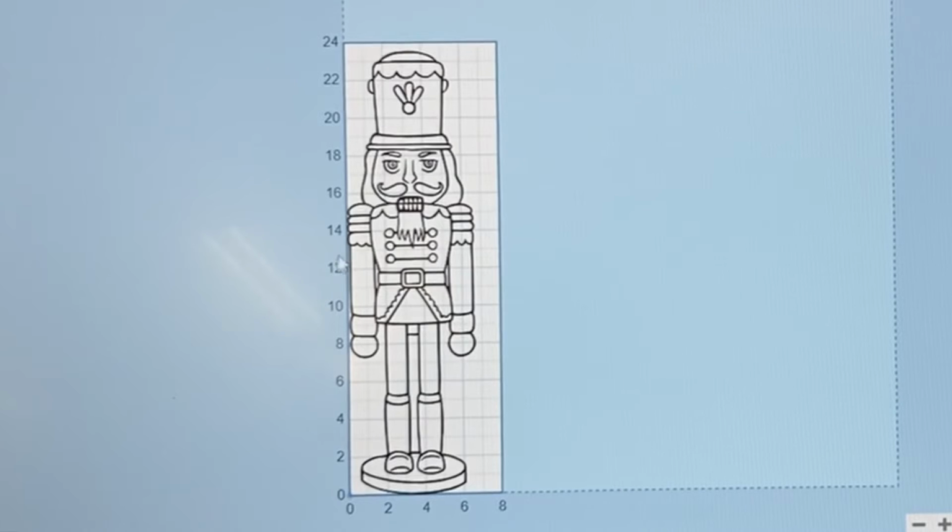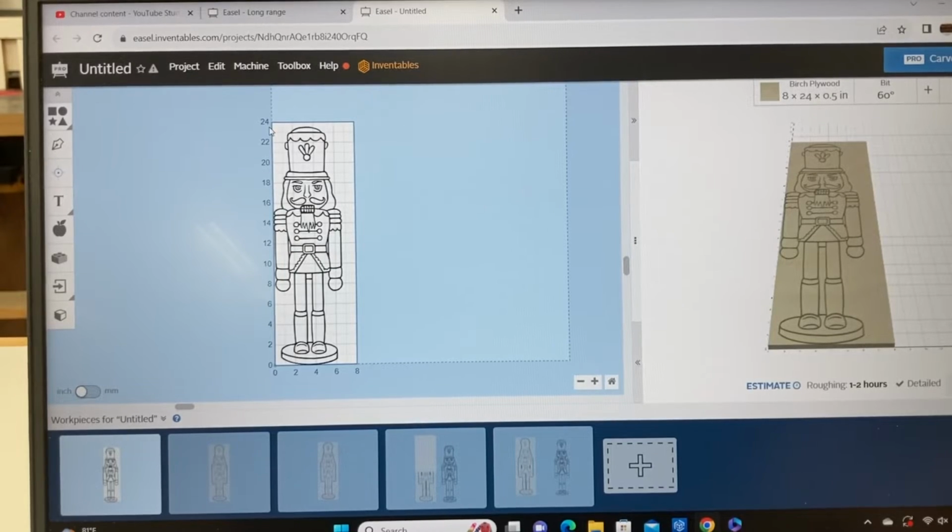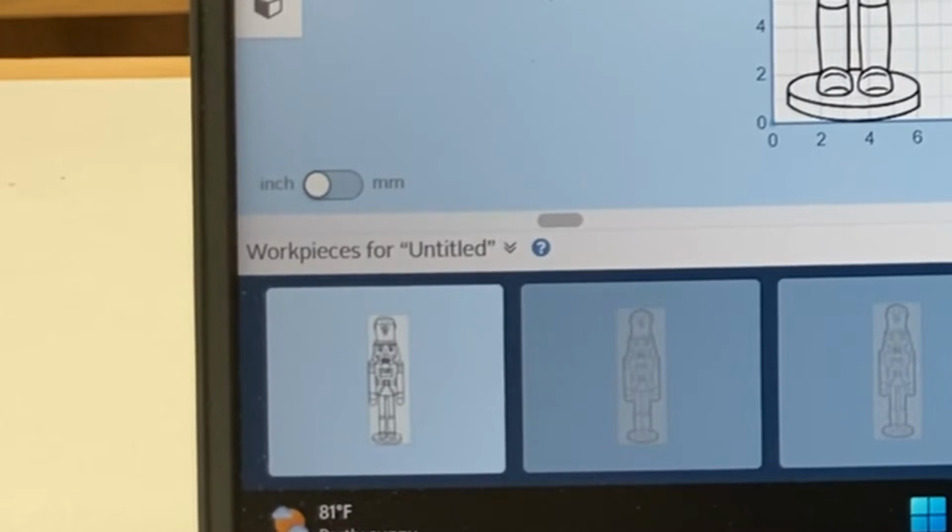Now this is the original file. When I opened up Easel, the size of this is 24 inches tall by roughly 8 inches wide. And this is a good foundation to work with because we can actually make it any size that we wish. One of the things that I always like to do on the very first workpiece,